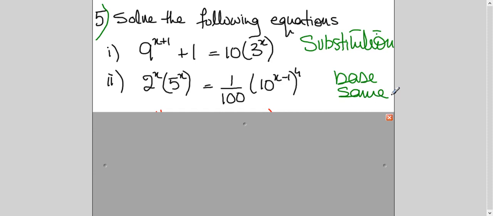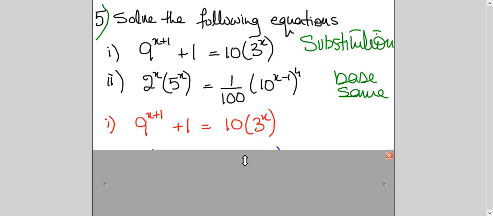It will come in different forms. You will see in the reference additional maths books that Cambridge has suggested, which we use, there are many questions which confuse the students. So first of all, see where there is plus or minus between the terms and where there is just multiplication. Where there is plus or minus between the terms, you will go for the substitution method. So let's just start solving the first one here. Okay, so this is the first one.